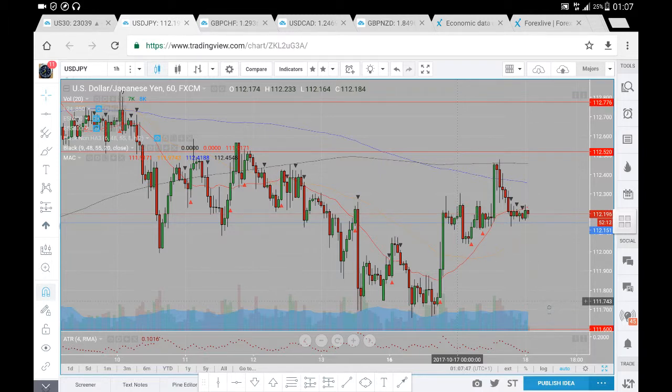mentioned, in around the horizontal support of 1160, but we did have the 200 period moving average on the weekly time frame sitting at 1180. So within that 20-point zone we did expect a reaction. We have got that reaction, and prices did go on to test the weekly pivot that we had previously at